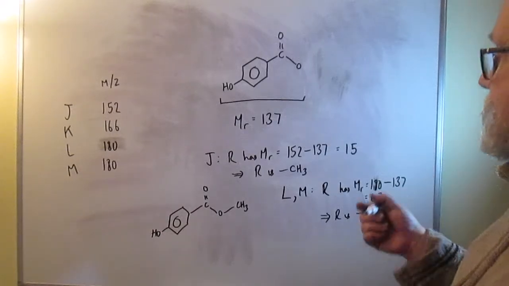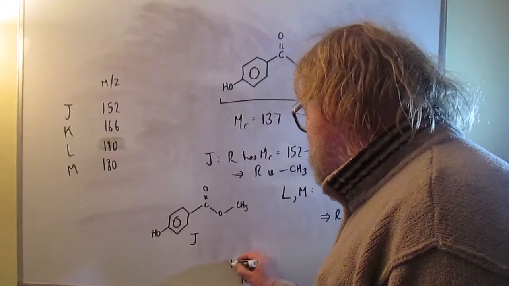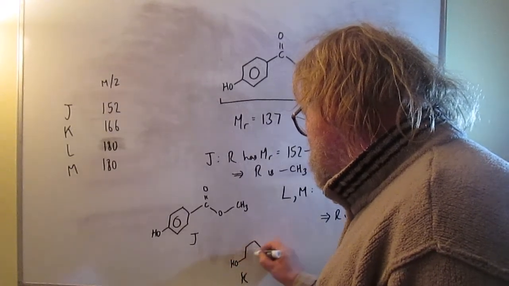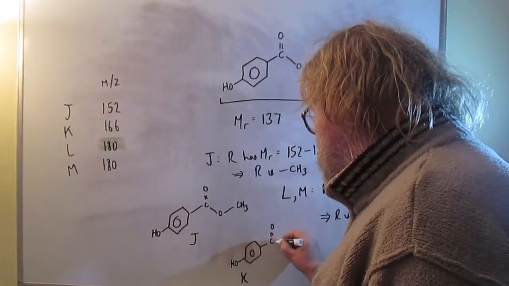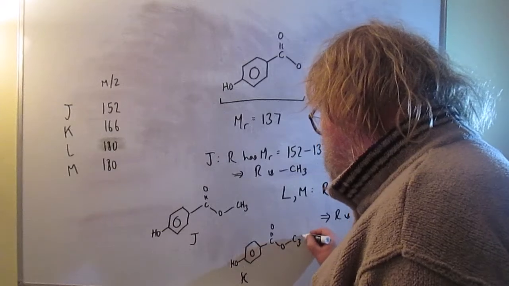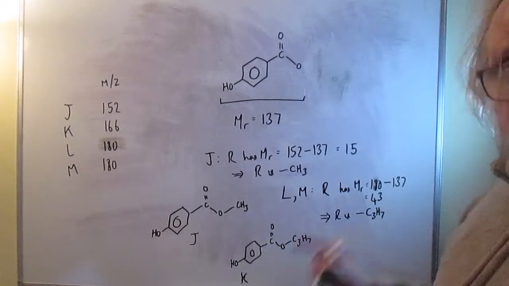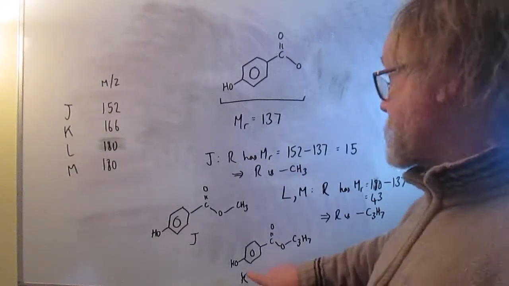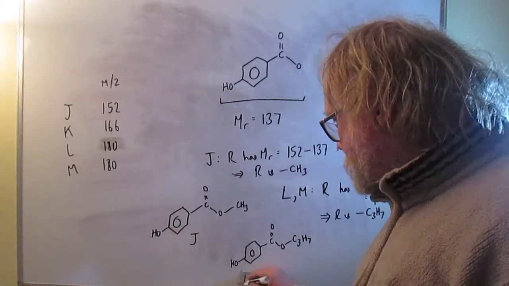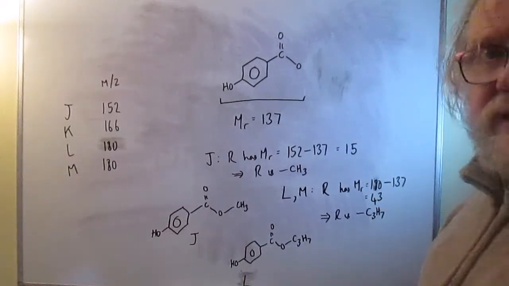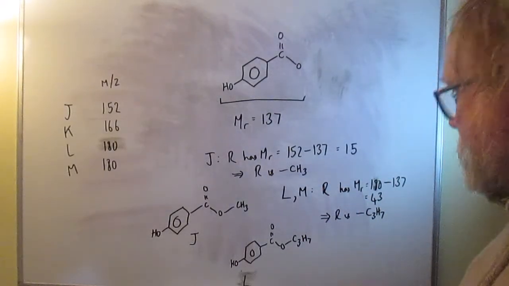Now if you just draw the structure up, so this was J, so if you drew it like this, if you were to draw that, you wouldn't even get one of the marks for, sorry, this is L, isn't it? You wouldn't even get one of the marks for L and M, because they would say, well, you haven't shown me what the structure is. Because C3H7 is ambiguous, it doesn't show you what the structure is, and so you would get no mark for that. So you have to actually